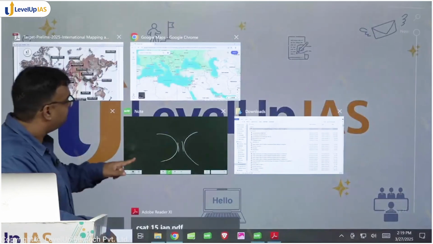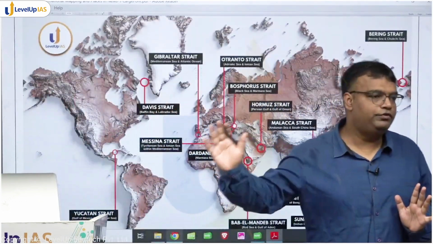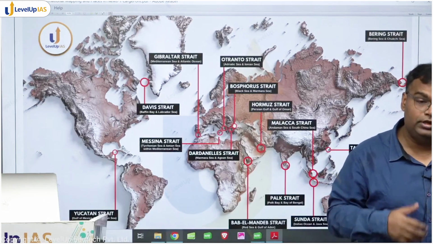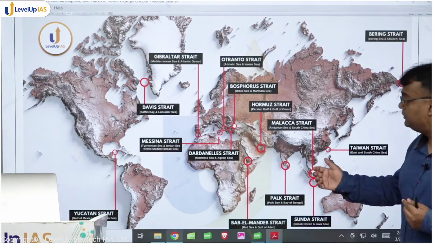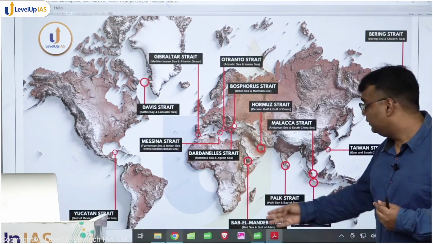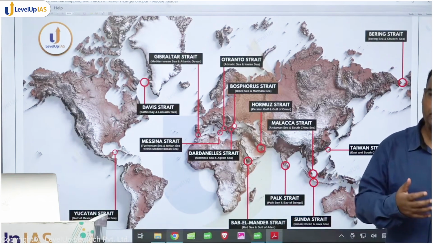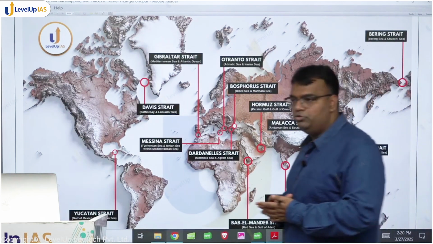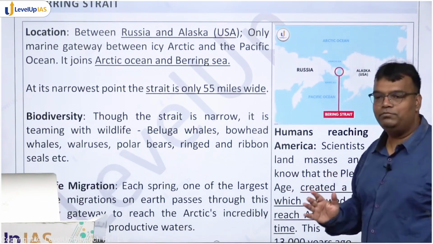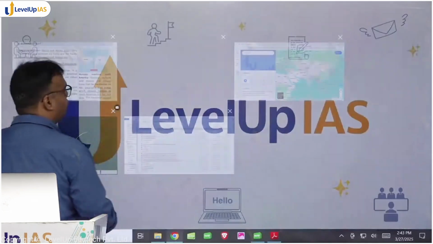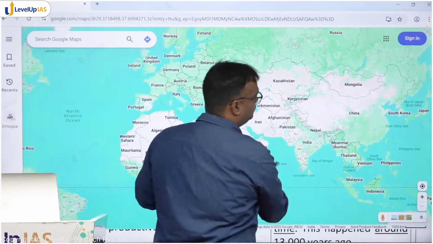Do we get this? Straits are understood. Straits का पूरा perspective समझ में आया है. Some of the important straits, कुछ तो इसमें बहुत important है, will be in news all the time, be it the Taiwan Strait or Malacca Strait or Hormuz Strait or the Bab-el-Mandeb Strait, ये सब हमेशा न्यूज में रहते ही हैं, कुछ बहुत न्यूज में नहीं रहते, but overall when you are understanding the world map you should have clarity about the straits also. Let's come to, अब हम कहाँ वर्ल्ड मैप में इंडिविजुअल लोकेशन से शुरू करते हैं. अभी तक we are talking about those lines and all.